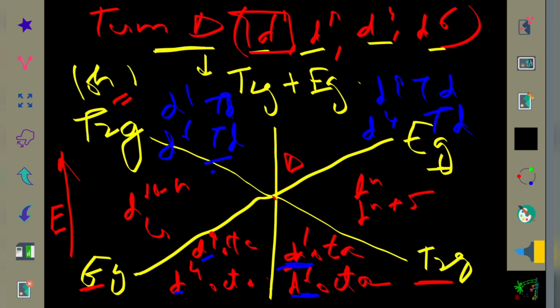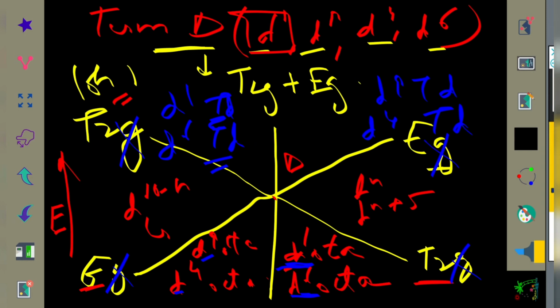So for tetrahedral what we have to do is remove these G values only. Okay, without the G we have to write, because there is no center of symmetry in the tetrahedral molecule, right? So this will be the overall diagram for the D term, that is for the D1, D9, D4 and D6 octahedral as well as tetrahedral.